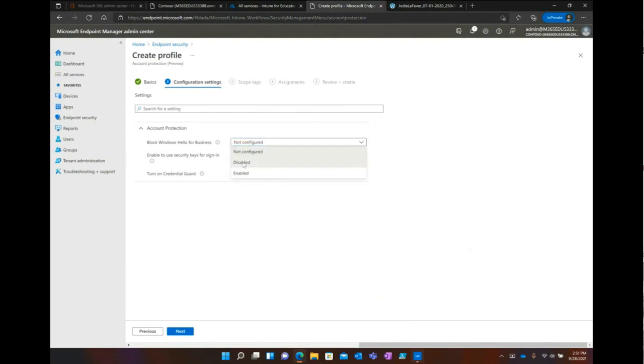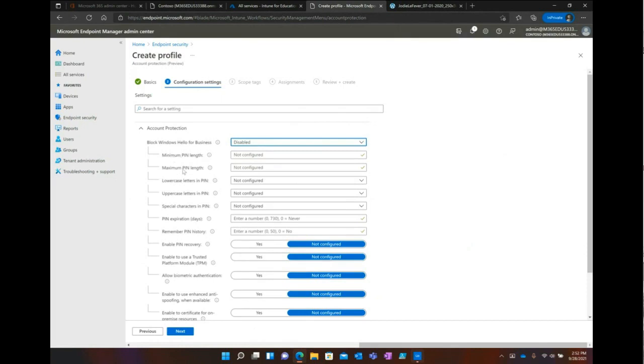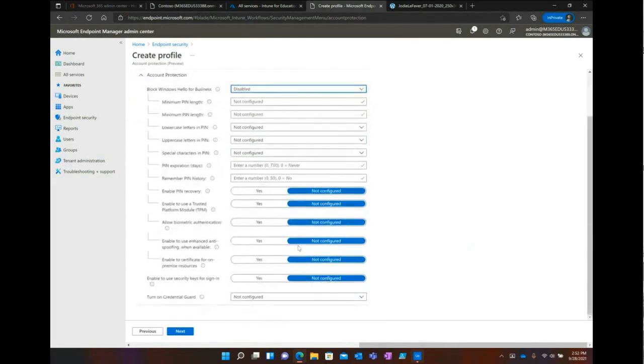So if you set this to disabled, you can set minimum, maximum PIN lengths, all the different rules, enabling PIN recovery, whether to use biometrics. And I have to tell you, I have a school in southeastern Michigan that enabled Windows Hello, and they're able to use it for K through 2. So all the little tykes have to do is look at their screen, and it logs them into their laptop. If for some reason that's not working, they only have it set to a 4-digit PIN, so it's not so hard to remember. But if you're sick of the help desk calls and you want to get rid of all the password stuff, look at Windows Hello.